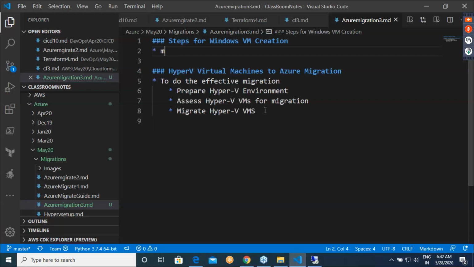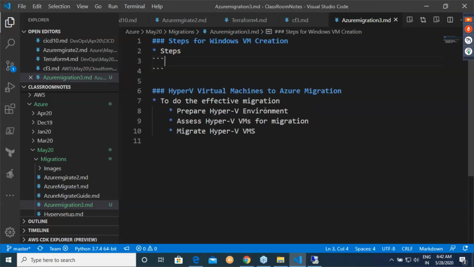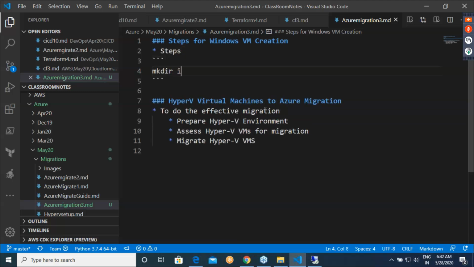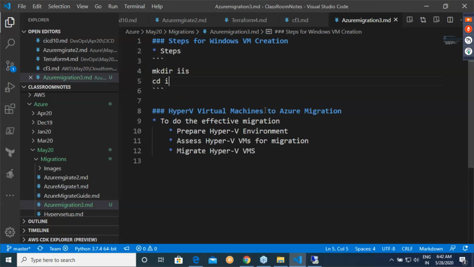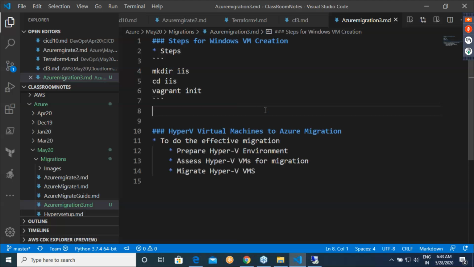Make dir IIS, CD IIS, Vagrant init. Now edit the Vagrant file to look like this.